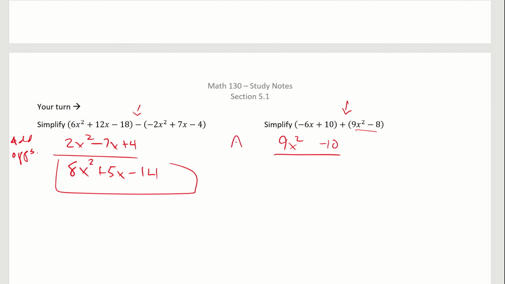So I'm going to add, and what I'm doing is combining like terms. I don't add the 9x squared with the minus 6x. I simply drop this guy down, drop the other guy down, minus 6x,